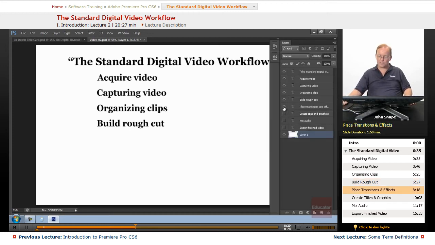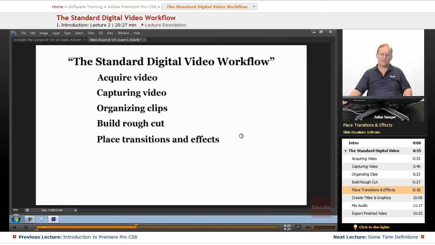Now, after you have the rough cut, then you will have your transitions and effects. Transitions are changes from scene to scene or from shot to shot. So you might have two people talking, and one scene you see a one shot of one person talking, then they do a reverse shot of the other person talking, then they do a two shot. You see two people in the shot, and then it goes back and forth, and there's no transition other than a straight cut between those video pieces,